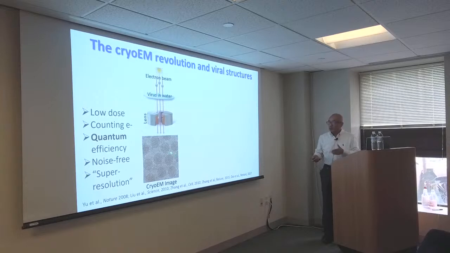This is a typical image, one of the first cryo images recorded from electron detectors. You can see these are frozen viral particles. When you freeze in water, there's no stain. Then you can see proteins outside and those things inside, which are nucleic acids. You can see them clearly, so the signal is there. Now you can do image processing. The next thing is to try to find the relationship among those particles. So we make an assumption in cryo-EM.